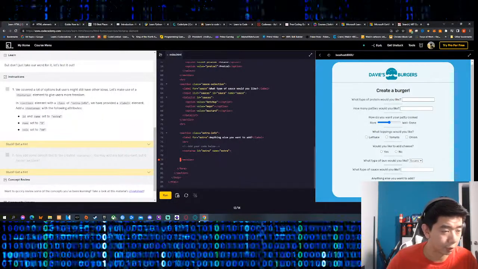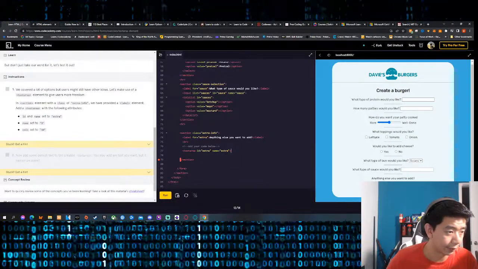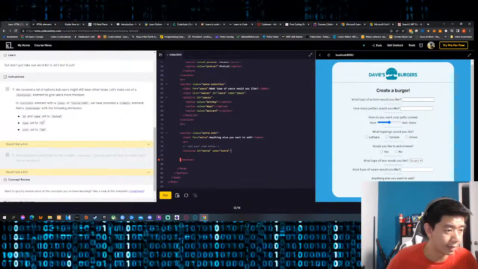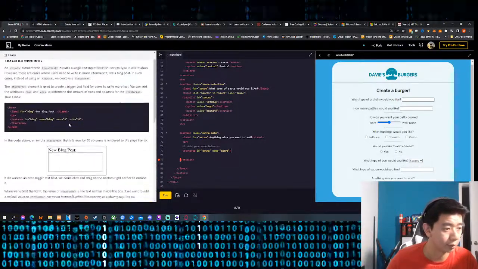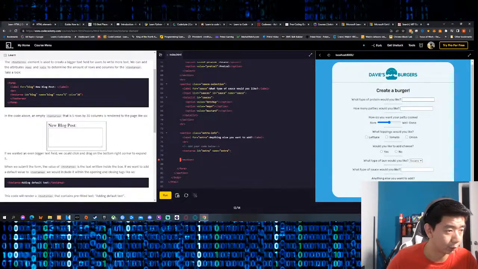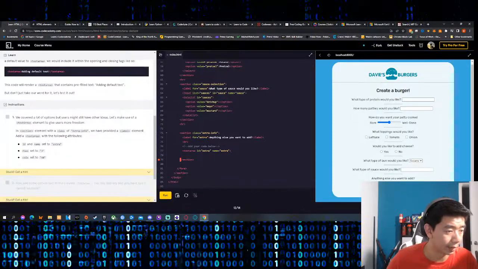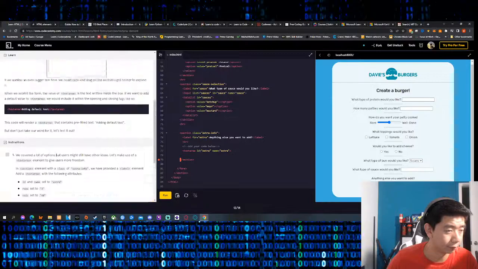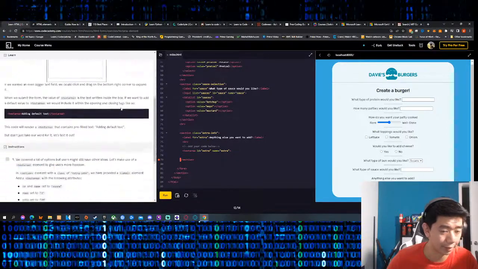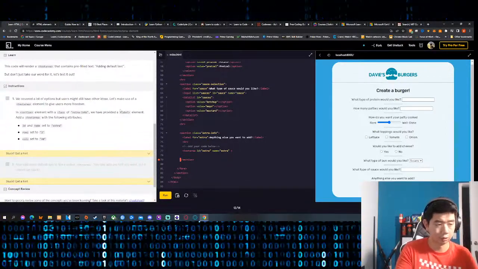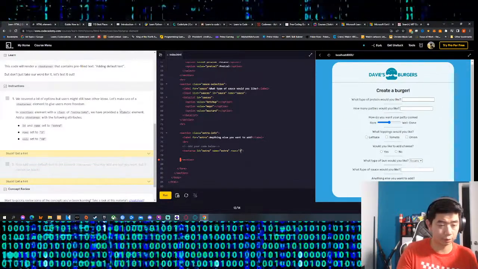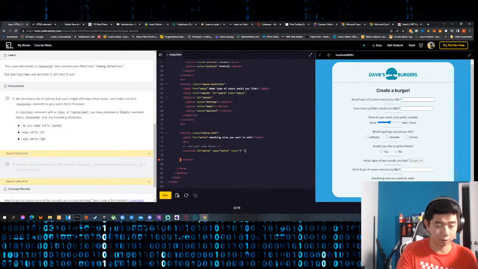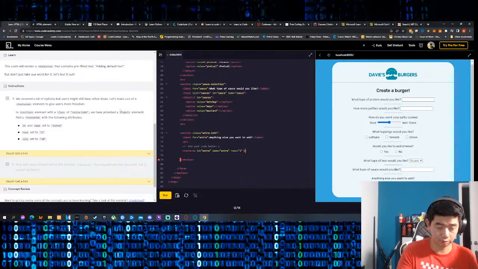Element class is extra info. Okay, we provided the label element. Add a text area with the following attributes. So we have ID and name set to extra, which is what we did. So we can kind of fall back on this a little bit. And then we're going to add in rows set to 3, columns set to 40. So we're just going to add those in, rows equals 3, and then columns equals